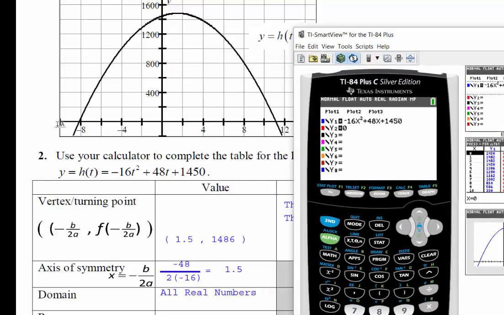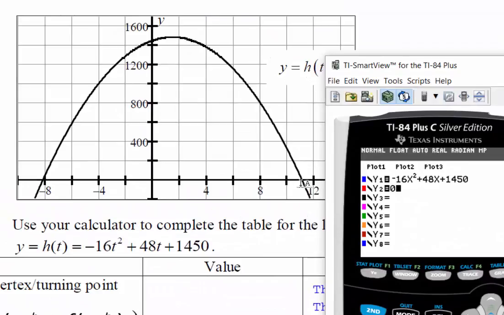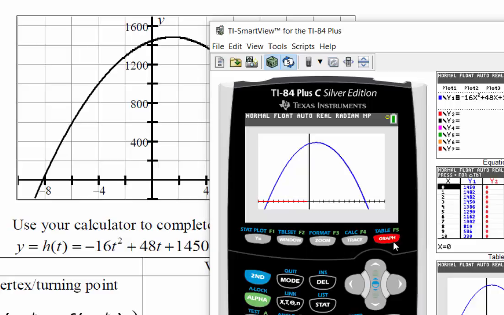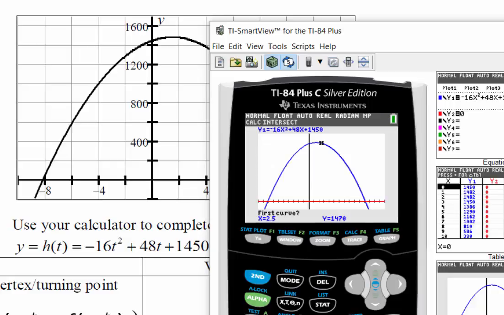If I were to draw a line at y equals 0, that is the horizontal axis. And then the intersection between my parabola and y equals 0 will give me my horizontal intercepts. So I press graph, and you'll see the red line is my y equals 0, the blue line is the parabola. And if I press second and the trace key, because above trace it says calc, number 5 for intersection,